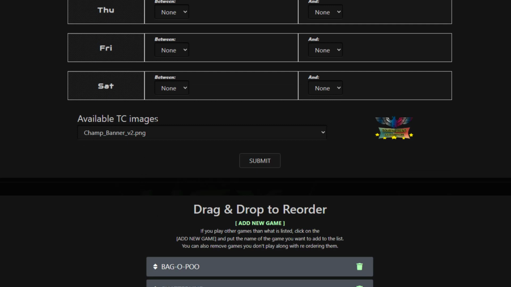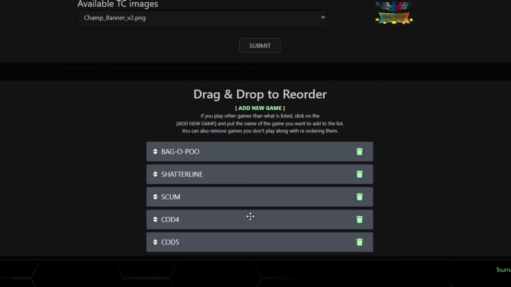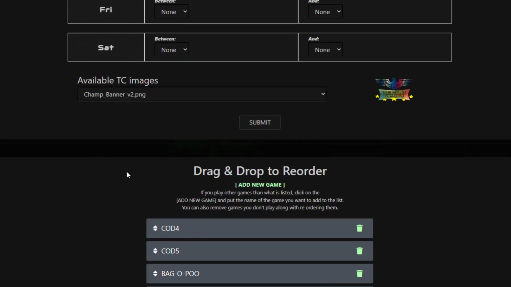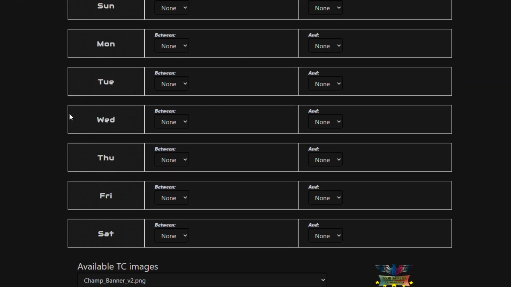Right below that, we have the available TC images. That's the tournament champion images. And you have a drop down here. And then below that is the listing of the games. So that's pretty much it right there. So what I do want to point out is